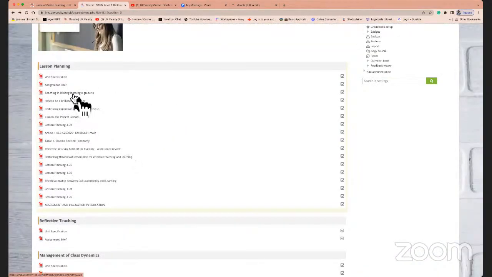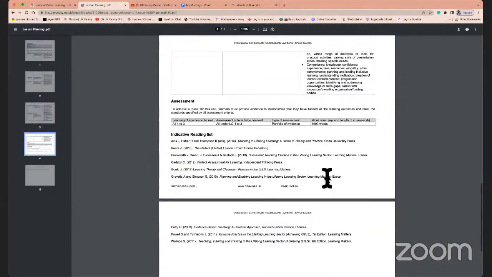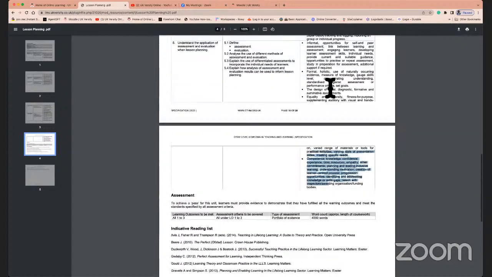Now, after that, in the unit specification there are a number of books which they recommend for you to study. Over the years that we have taught this course, we have shortlisted a certain number of books that we feel are important for you to relate to the indicative content given here.